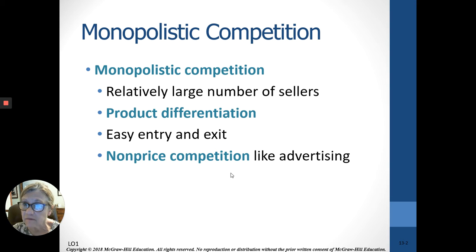So to that extent, they're monopolistic, but there are many, many, many competitors. So many places where one could get fried chicken or any lunch of any kind for that matter. So there are very many of them. They do have some control over price, but they would much rather people buy their product because of some other characteristic. So there should be several bullet points under product differentiation, and one should be service.